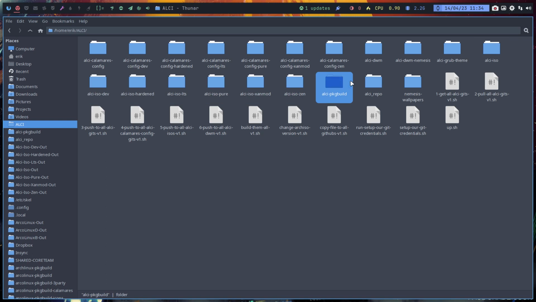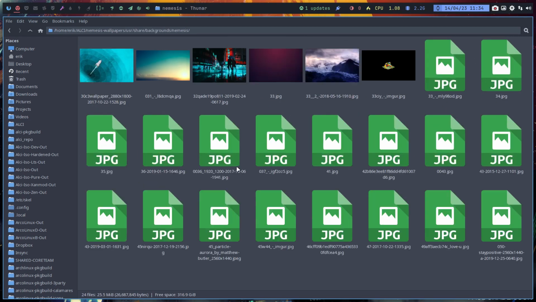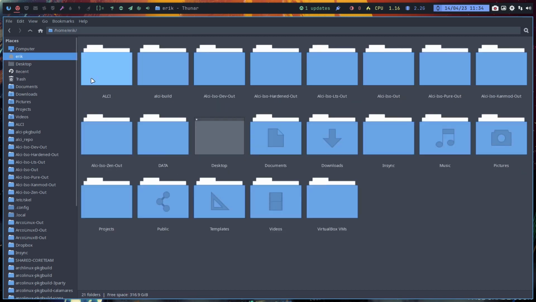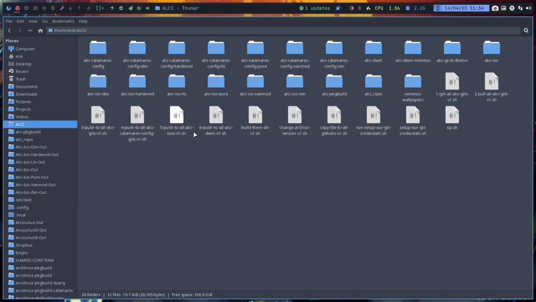Here are all the package builds, the repos, and that's not needed at all. Why do we even keep this thing? What's this? Beautiful wallpapers. Unimportant. But it gave us some time to explain some things, and we do hope that GitHub is ready to